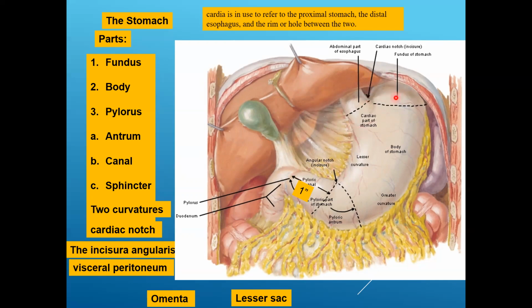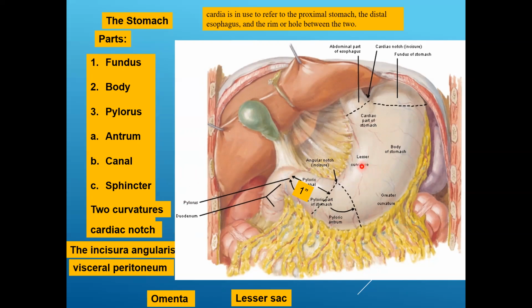Similarly, the two layers of peritoneum covering the stomach will meet at the greater curvature, and they will hang down as a towel covering the abdominal organs that is called the greater omentum. So if you open the abdomen, the first thing you're going to see is the stomach and this greater omentum. So if you want to see the intestine, you have to lift the greater omentum. So greater omentum will be like a towel hanging all over the